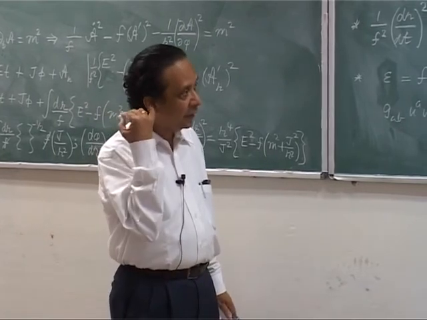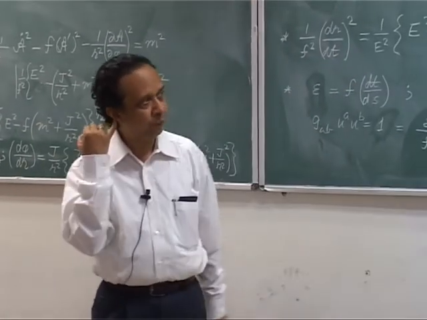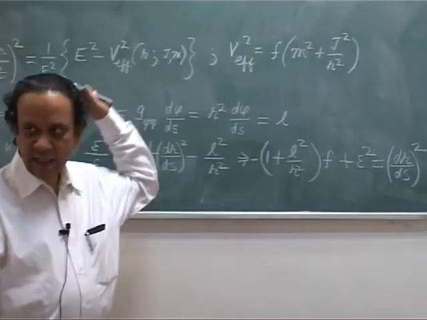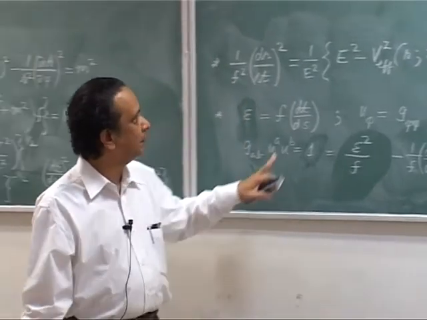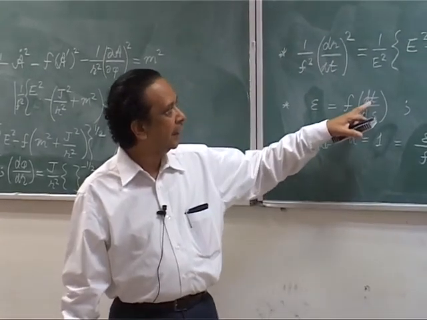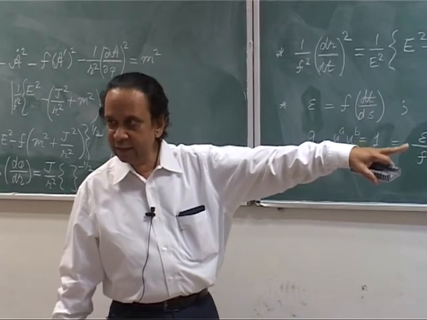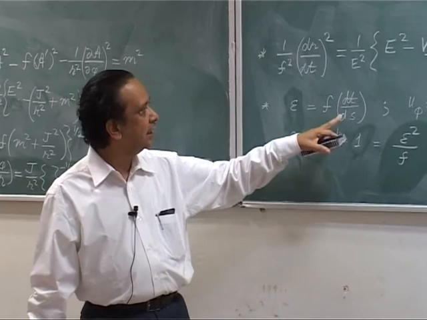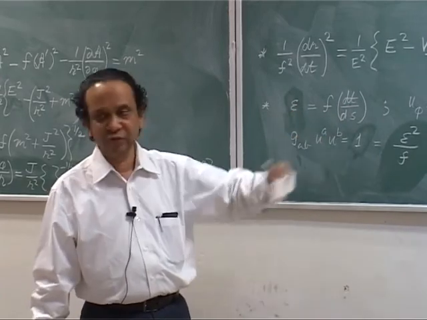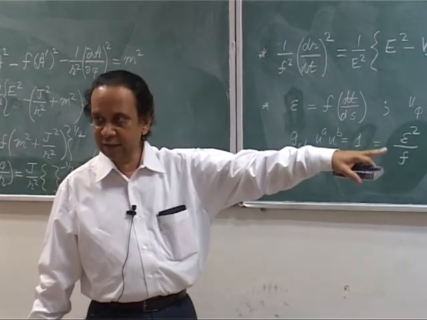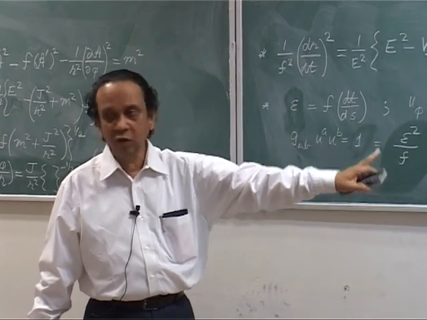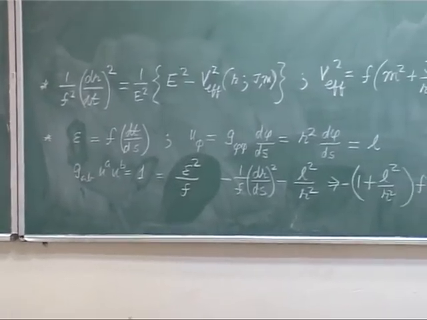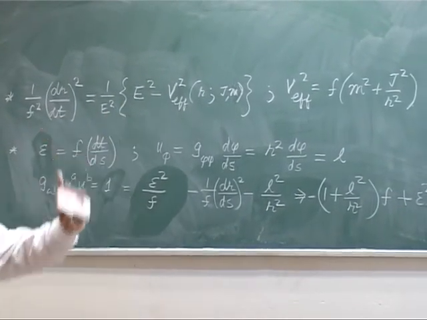Now, let us compare it with what we have here. We have dr by ds, but this is dr by dt. That is no big deal, because if I write dr by ds as dr by dt into dt by ds, dt by ds is going to give me an epsilon square by f square. So, I will have an f square sitting there and an epsilon square, and I can divide the whole thing by epsilon square. So, that will take away the first epsilon square, that will be 1, and if I divide it here I will also get 1.